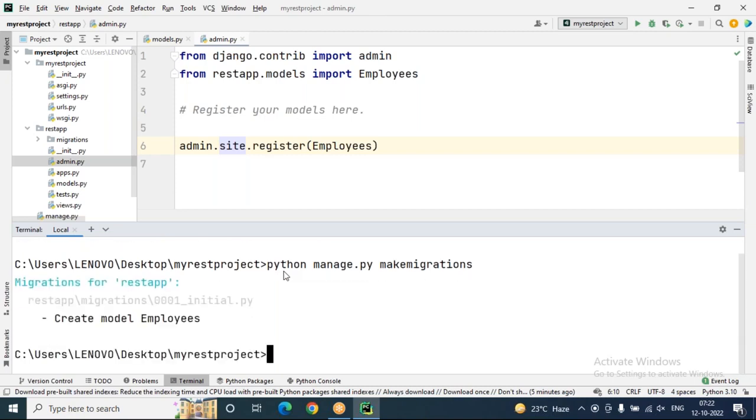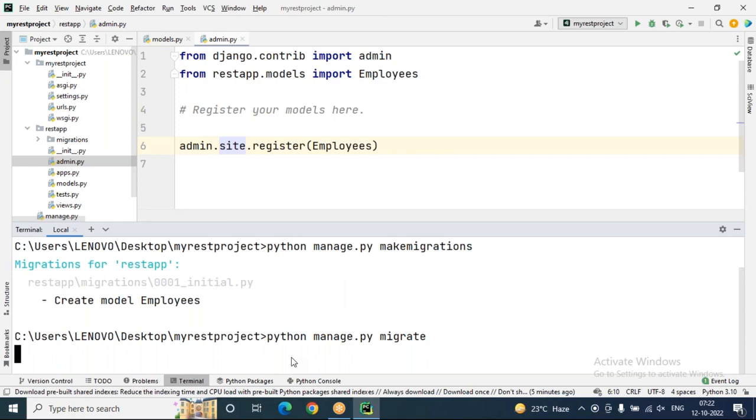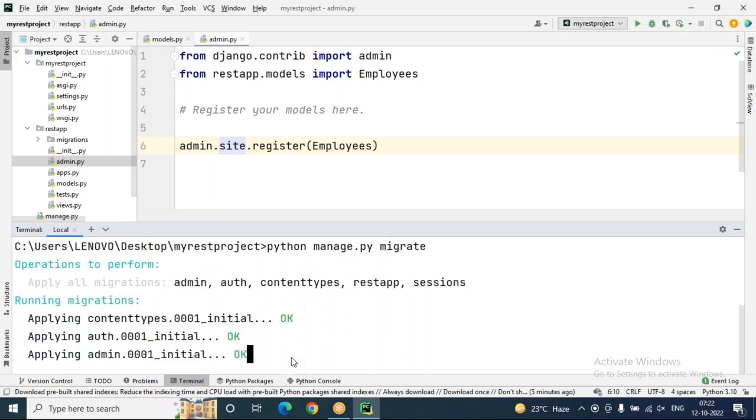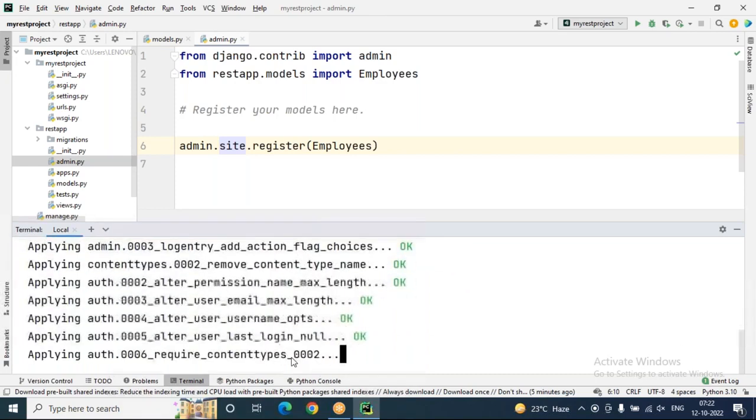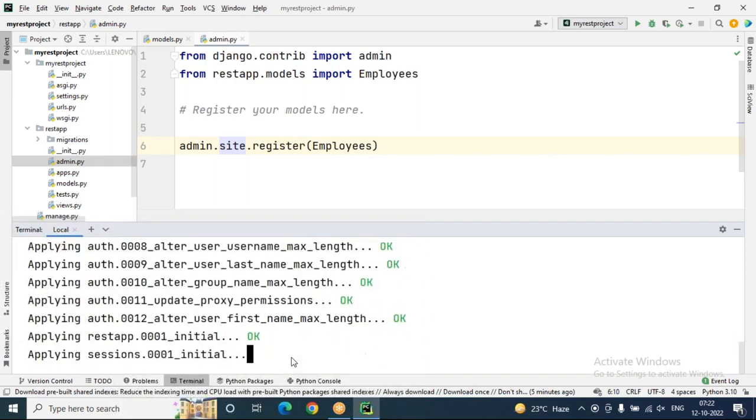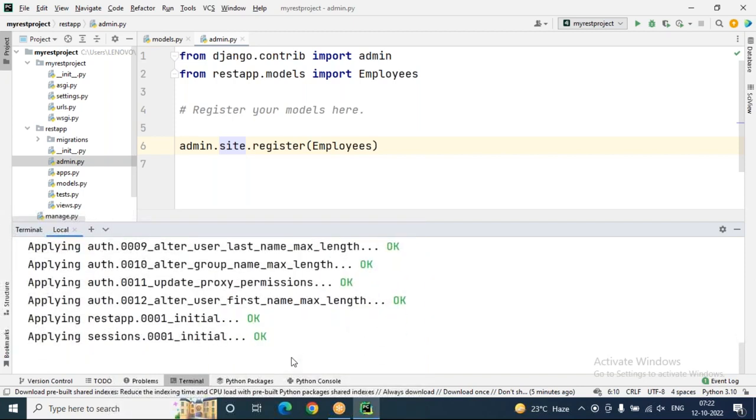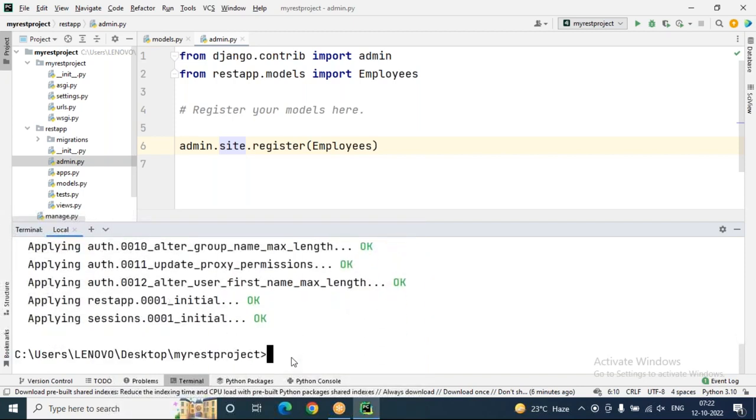Now the employees model is created. Next, what I'm trying to do is run python manage.py migrate. Now the migration is over. Next, create one superuser here. I'm creating a superuser because to log in as an admin person, I run python manage.py